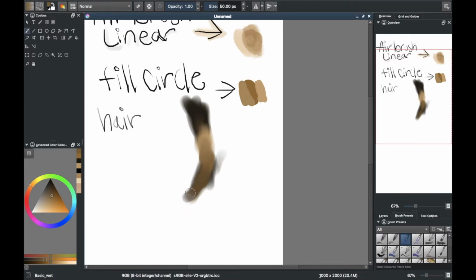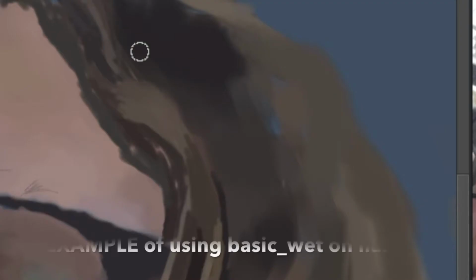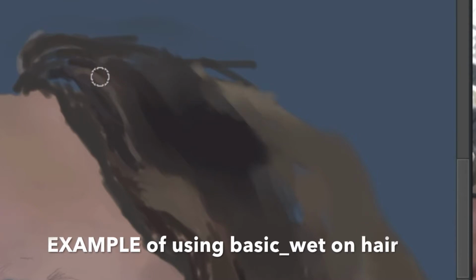I try to do it lightly because with this brush, if you have a color underneath, and if you press hard, it will make the color come out more. I think I just actually laid it down with a blending tool, all these colors,